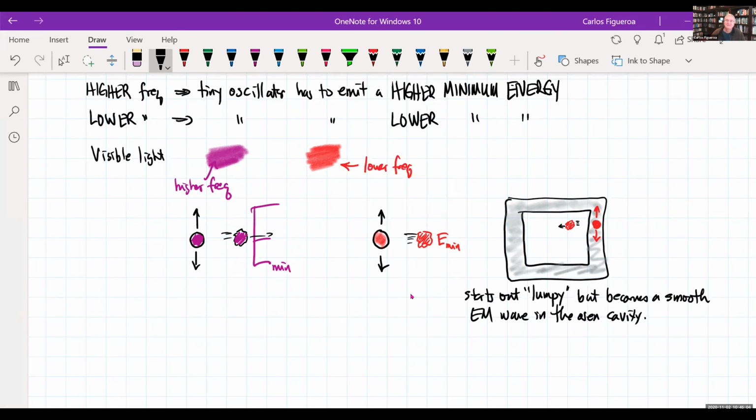So you've got to ask yourself, if you throw a lumpy thing into a cavity, how does it become smooth? Well, I really kind of struggled with this, but another analogy that you could use here: